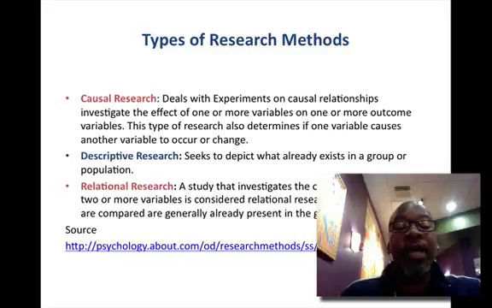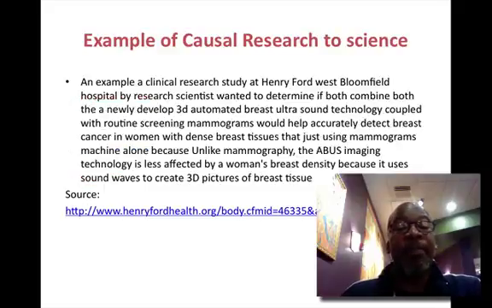Then you go into another type. You talk about causal or relational research. Those are good. You give some examples of causal. See, now here in this example, you actually give a brief description example of what is causal research, which I think is good. And you didn't do that for the one that you spent the most time on, scientific research. So that's something that you may wish to do.